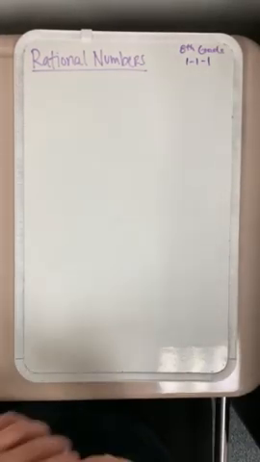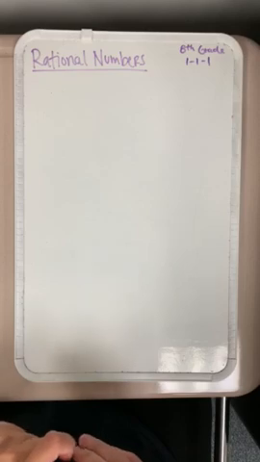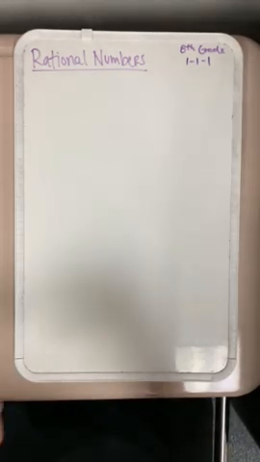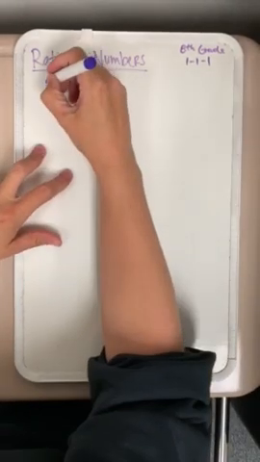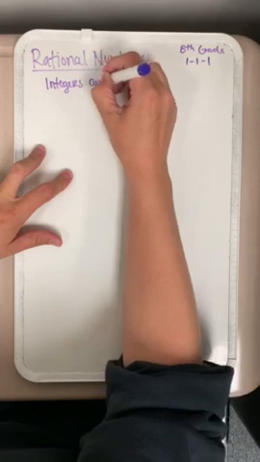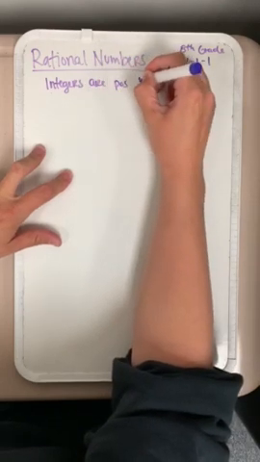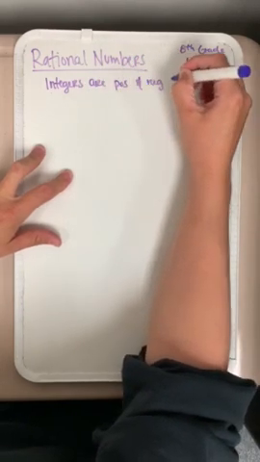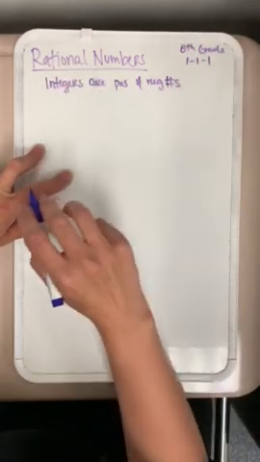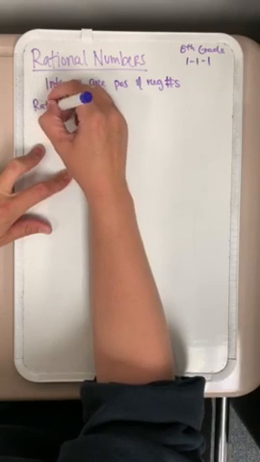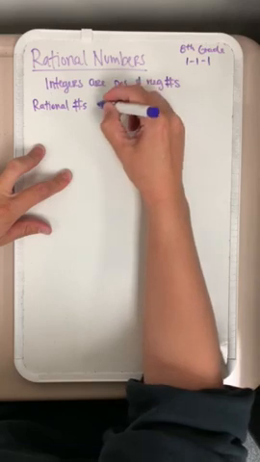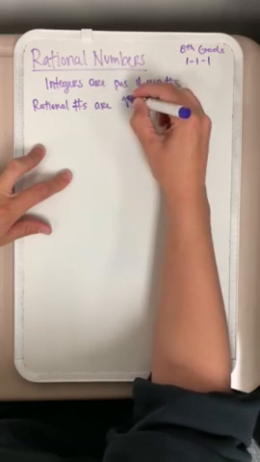Okay, 8th graders. This is chapter 1, section 1. It's talking about rational numbers. We know that integers are positive and negative numbers. So rational numbers, which is what we're talking about, rational numbers are integers